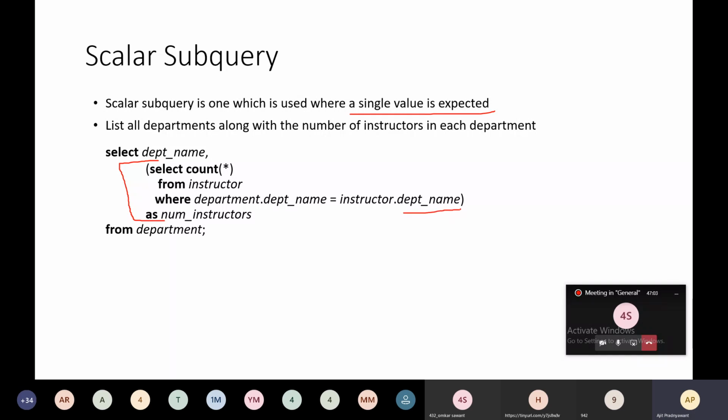This department name column belongs to the instructor table, and this department name column belongs to the department table, as number of instructors, and it will retrieve from the department relation. It retrieves a single value, that's why it is called a scalar subquery. And this is how you can write the subqueries in the select clause.